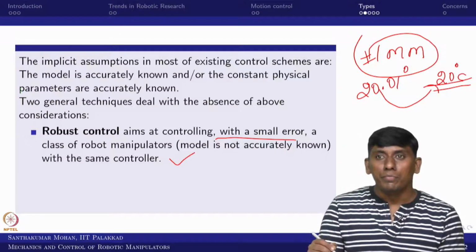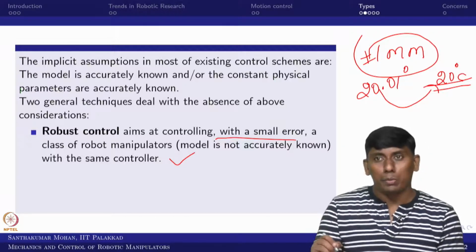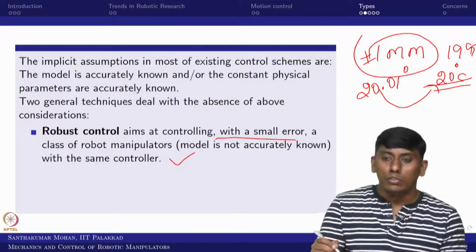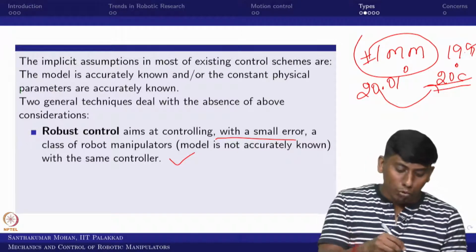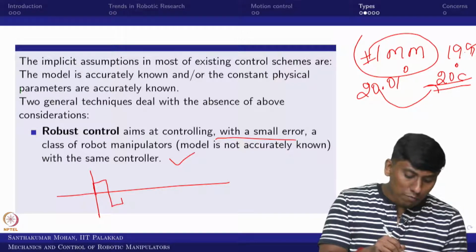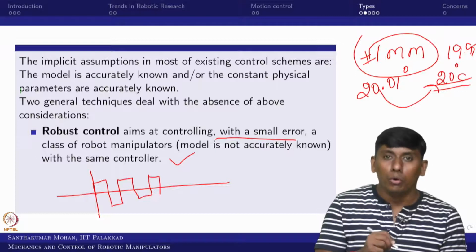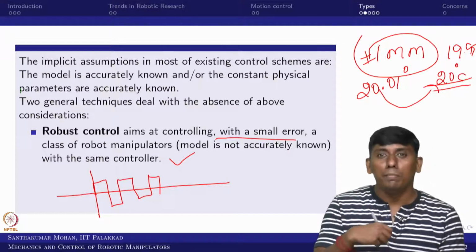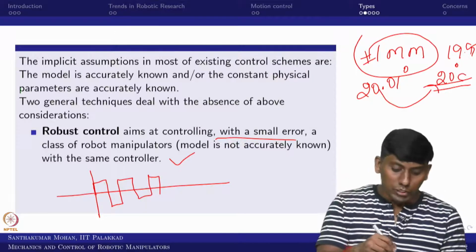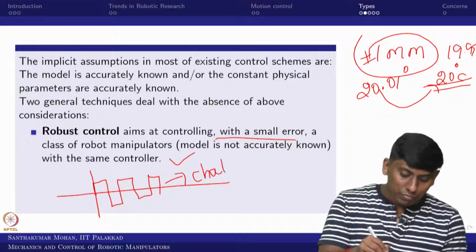to make sure it comes to 20. It may not stop at 20, it may go to 19.99 or something. Then it will stop. So if you look at the control sequence, it would be on, then off, then on, off, like that it will go. Your actuator would be shuttling from one end to the other end, which is what we call chattering.